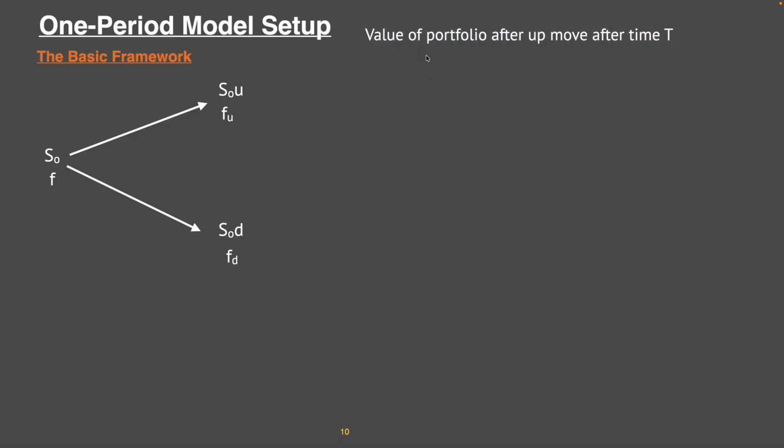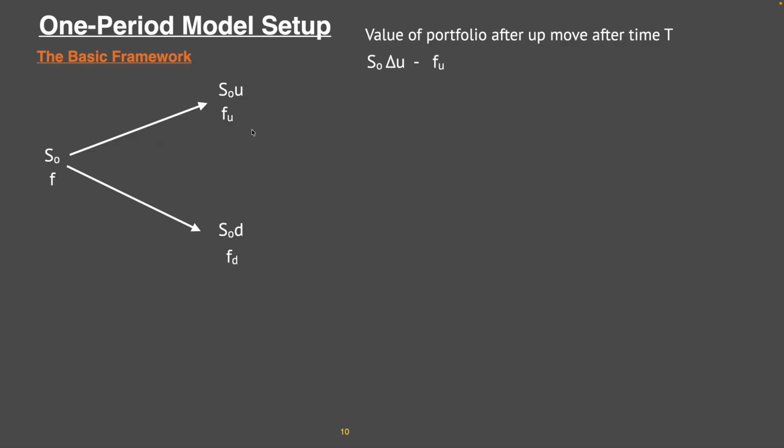Now the value of the portfolio. We have a portfolio with both the underlying as well as an option, right? We had taken a long position in the underlying, and we had taken a short position in the option. So after a point of time T, what is going to happen? As we have discussed, the price is S0 into delta. What is delta? Delta is the number of underlying units purchased by us, which we have gone long. And U is the up move which has happened here,